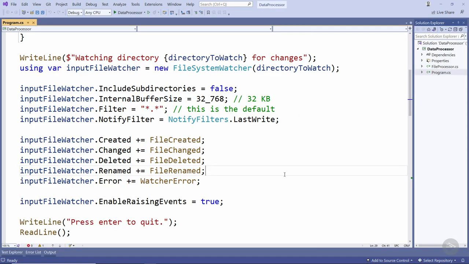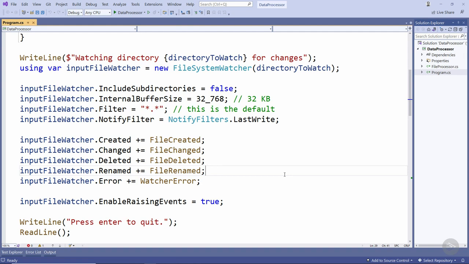The reason for this is because of this notify filter that we've set here to last write. Microsoft described this last write value as, quote, the date the file or folder last had anything written to it, end quote. So we'll only get events raised by the FileSystemWatcher if it notices changes to the last modified time of the files. When the file is created, or when the file contents are changed and saved, or when the file is overwritten, the last write time gets updated,